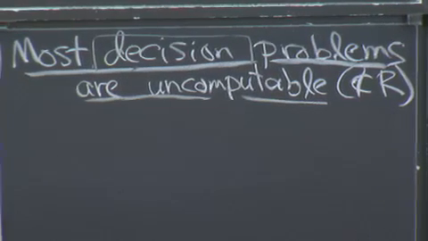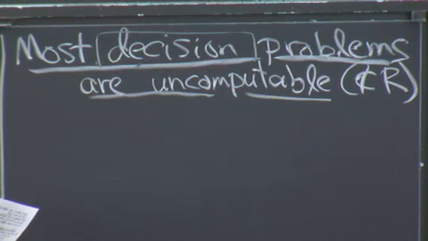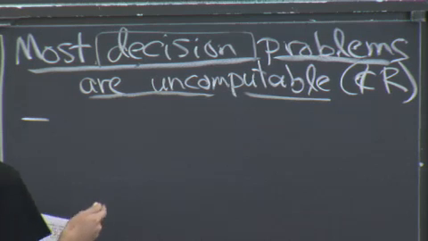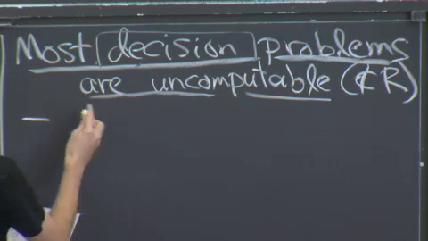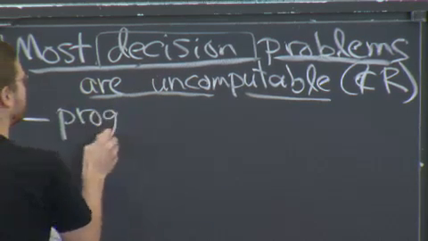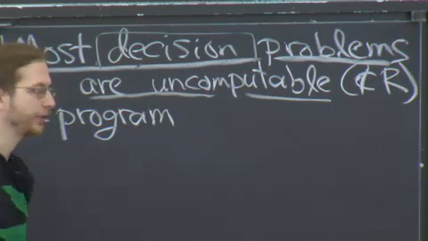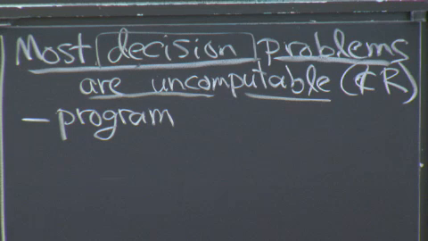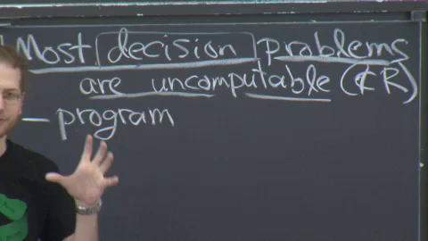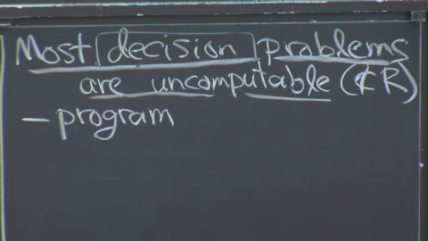Claim that most of them are uncomputable. And we can prove this pretty easily if you know a bit of set theory, I guess. OK, on the one hand, I have problems I want to solve. These are decision problems. And on the other hand, I have algorithms or computer programs to solve them. I'm going to think of computer programs because they're more precise. Algorithms can be a little bit nebulous, thinking about pseudocode, what's valid, what's invalid. But computer programs are very clear, right? I give you some code. You throw it into Python. Either it works or it doesn't.